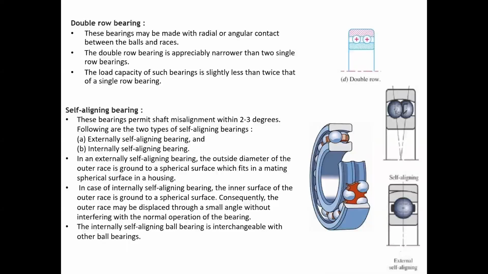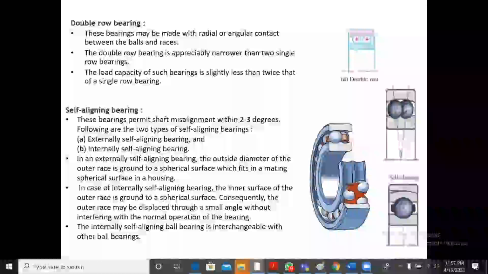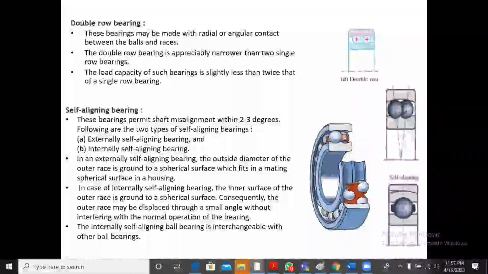Okay, so self-aligning bearings permit shaft misalignment within 2 to 3 degrees. Following are the two types of self-aligned bearing, that is the externally self-aligned bearing and the internally self-aligned bearing. In an externally self-aligned bearing, the outside diameter of the outer race is ground, you can see here,